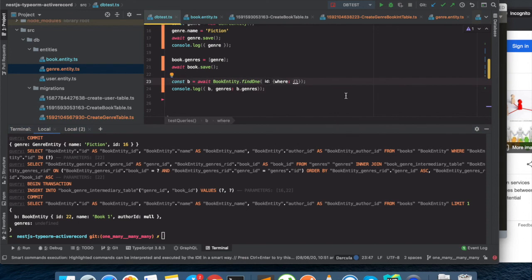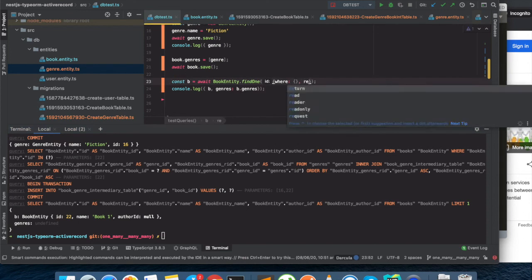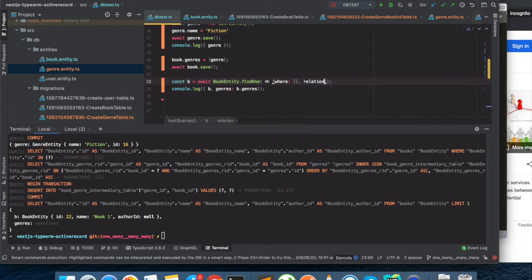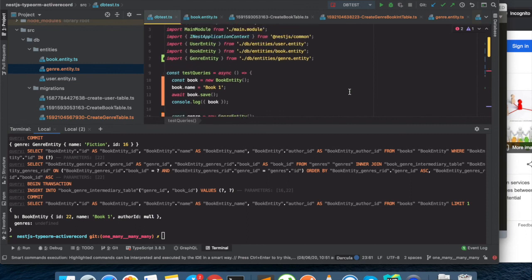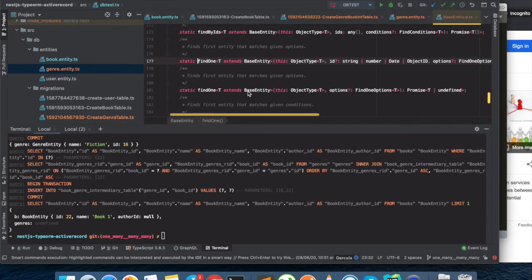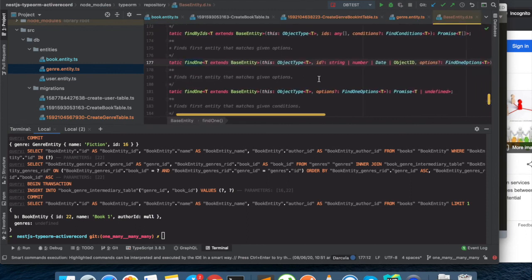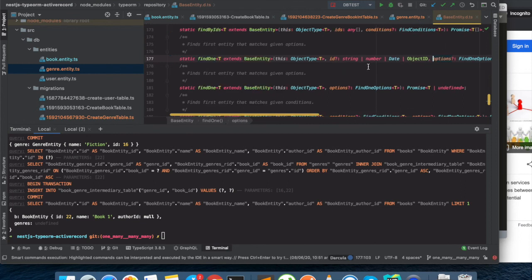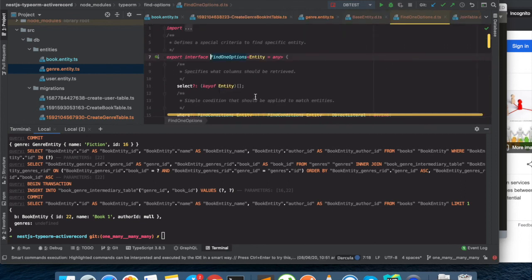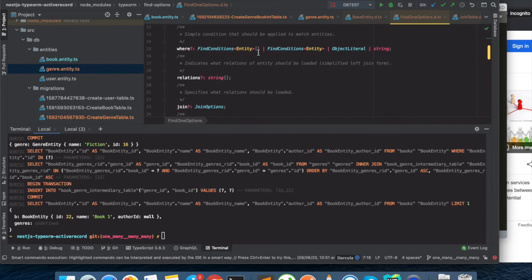Now we're just going to add the relation here. The way we do relation is in the find one options. So we are going to use this relation.